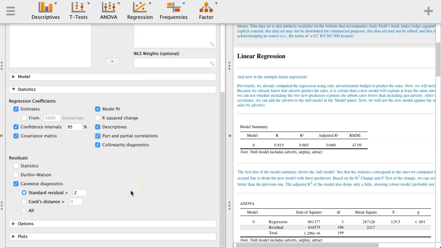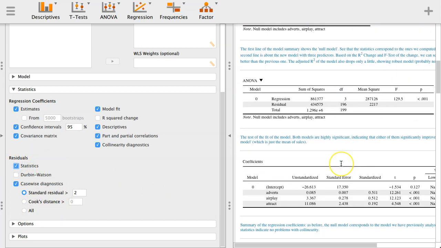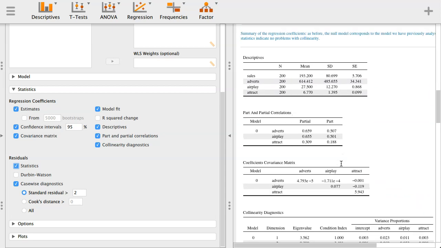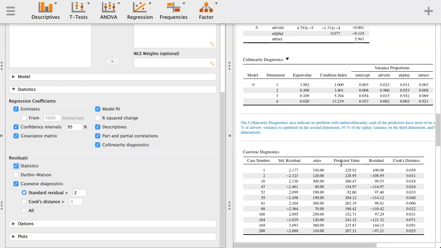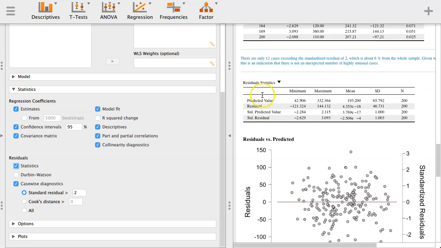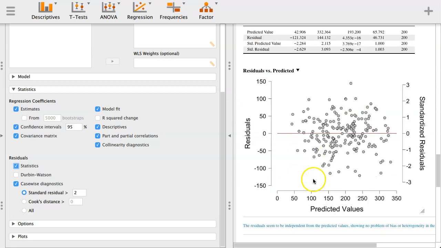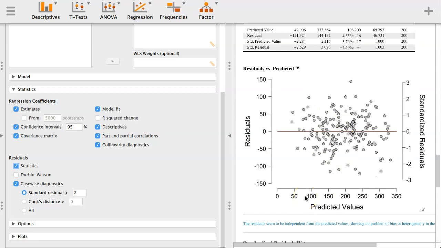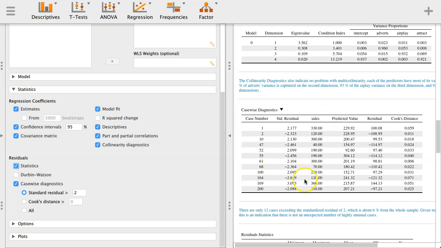Alrighty. So you can also get statistics for your residuals. We can click on statistics here, which will give us our residual statistics: the predicted values, mean, standard deviations, all of that, and you can see it'll plot this for us. We also have case-wise diagnostics here, which will give us our standard residuals for each of